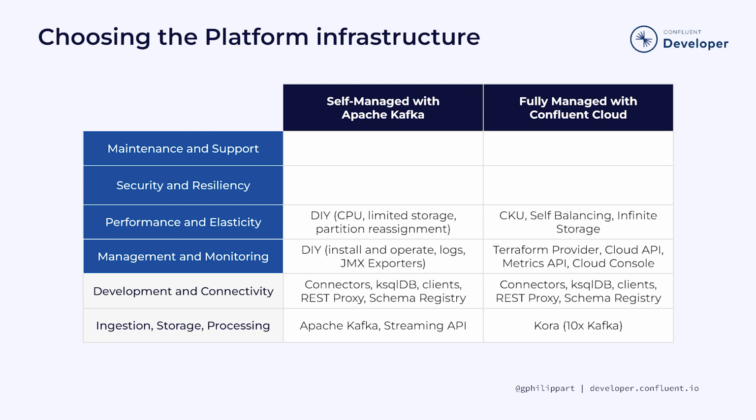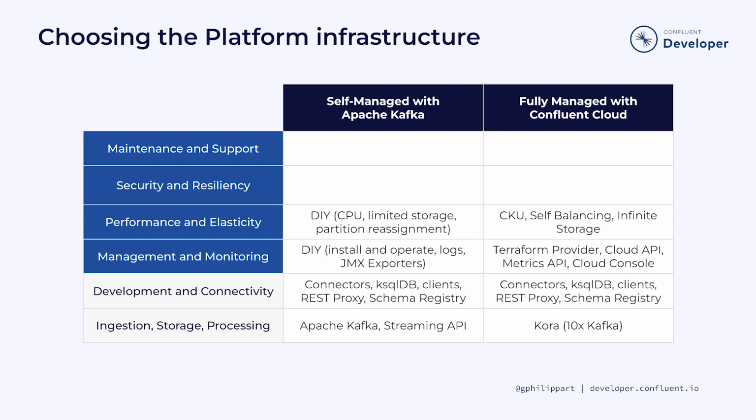With Confluent Cloud, you can scale the platform with just one knob, the CKU, which is just a number. CKU stands for Confluent Unit for Kafka. Yes, I know the letters are in different order, and it determines the processing capacity of your cluster. Increasing the CKU will provision more CPU, allowing you to scale in seconds or minutes instead of hours or days sometimes. When facing unbalanced clusters, Confluent Cloud has a self-balancing feature which doesn't require any tuning and will keep your